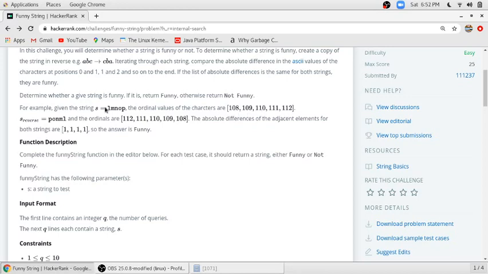So this difference should be the same as the reverse string difference, that is, when we reverse the string the ASCII values will be like this.